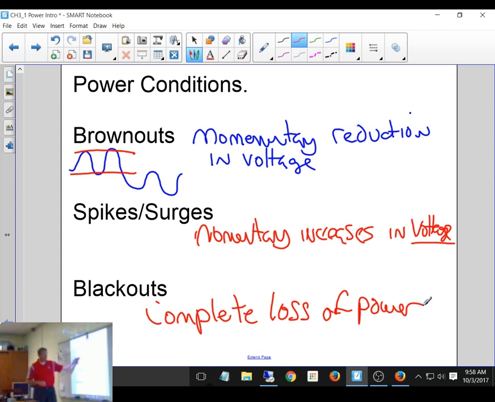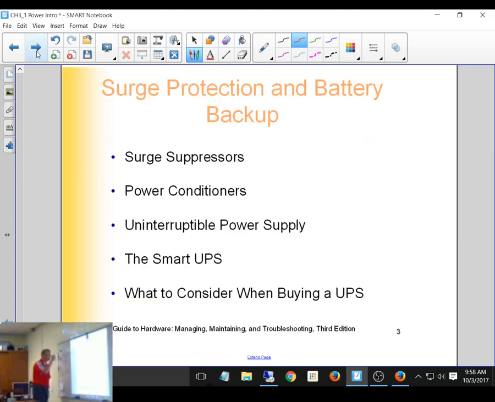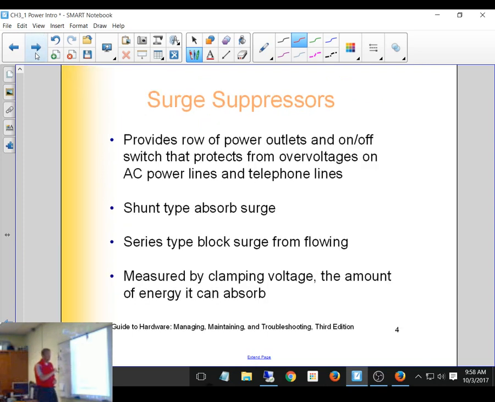So we want to protect ourselves against brownouts, spike surges, and blackouts. We need to protect ourselves against all those things. And we have different things that we can put in place to help protect ourselves against those, okay? So we're going to go and we're going to talk about all these. I think I have a different slide on all of them, okay? So the first one is called a surge suppressor, okay? A surge suppressor or a power suppressor